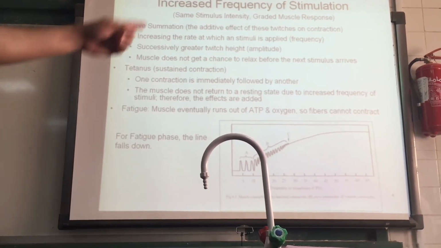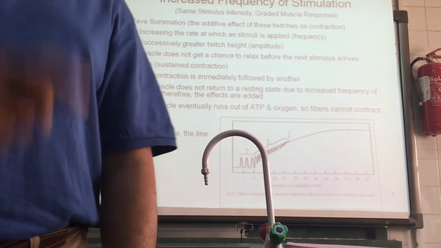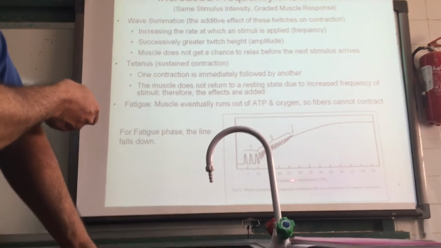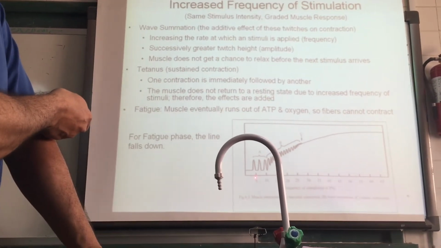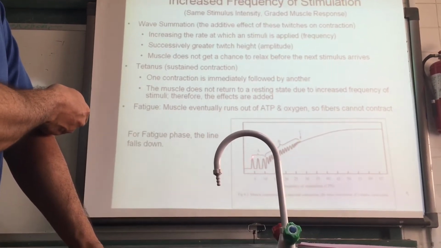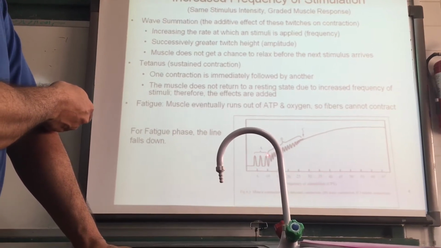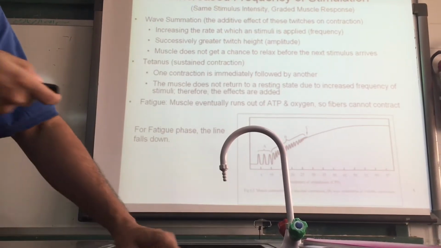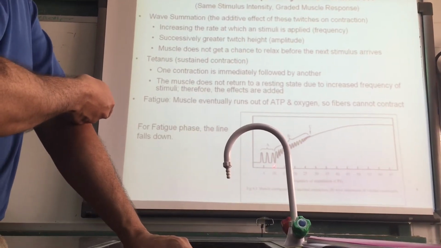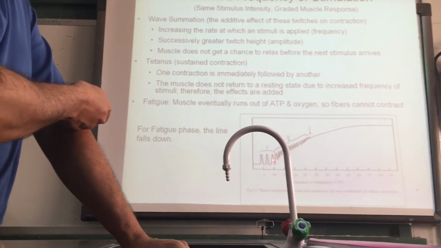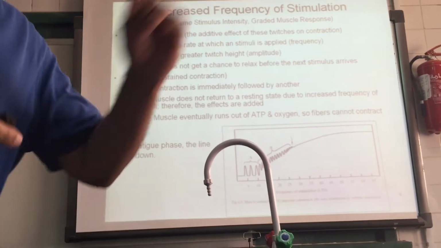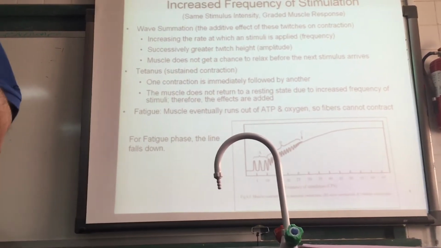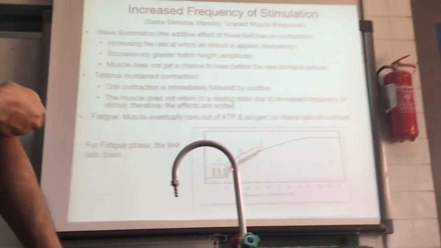Okay? So this is the trace that you get when you keep on increasing the frequency. What happens initially? Say at frequency of stimulation 5, you see the muscle is contracting and relaxing. 1, 2, 3, contractions and relaxations are complete. When you increase it from 5 to 10, you see that the second stimulus is falling in the relaxation period of the first, isn't it? The second stimulation is falling in relaxation of the first, and so on and so forth.